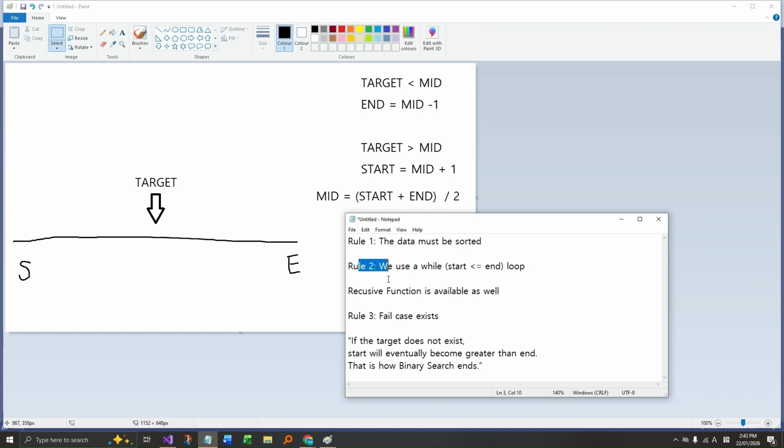Rule number two, we're gonna use a while loop. Of course, we can use a recursive function with binary search as well, but in this video, we're gonna use a while loop. And rule number three,